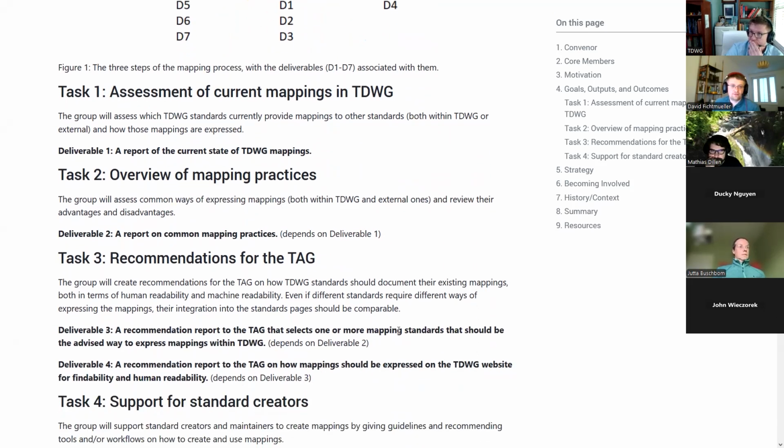And based on that, we will end up with a recommendation for the TAG on how TEDWIC standards should model their mappings, preferably in a standardized way, so that the mappings between the different standards are compatible with each other.